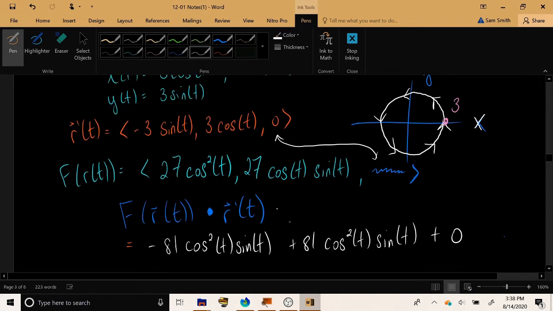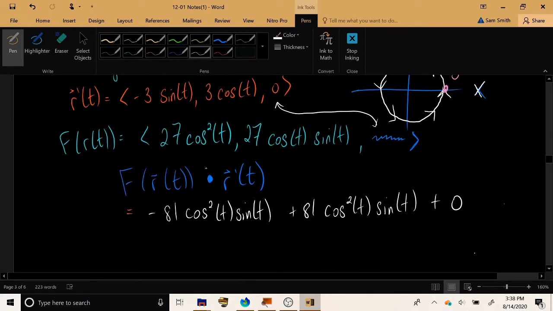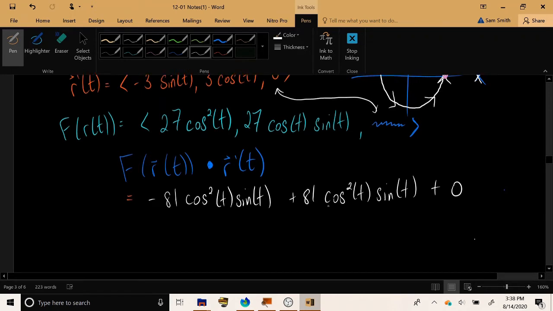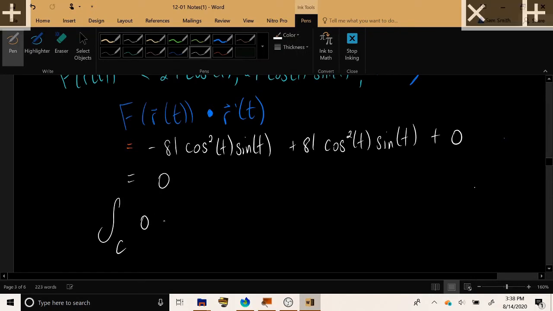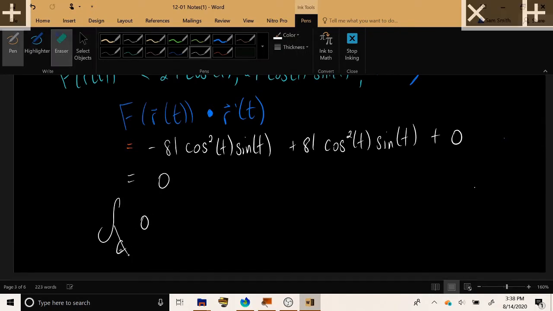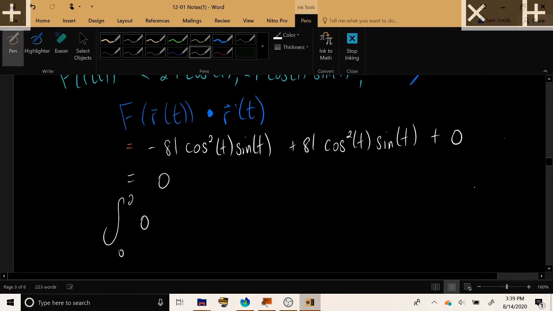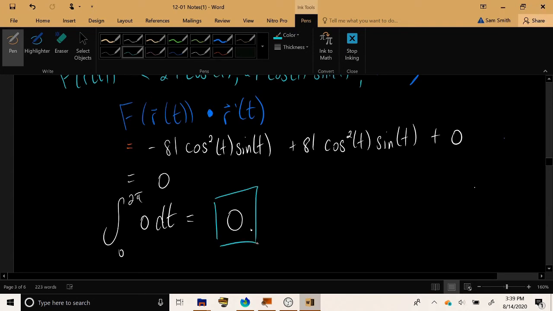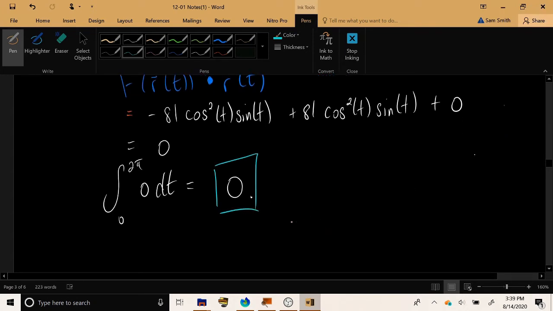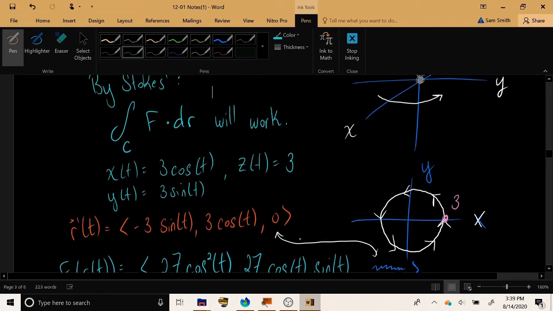Okay, but have a look at what's going on here with these first two terms. They're identical except they have opposite sign. And because of that, they're going to completely cancel out. That means our line integral is going to be the integral from start to finish of just this constant 0. But if you integrate 0, you're definitely going to get 0 as a result. And so that gives us the value of our line integral,